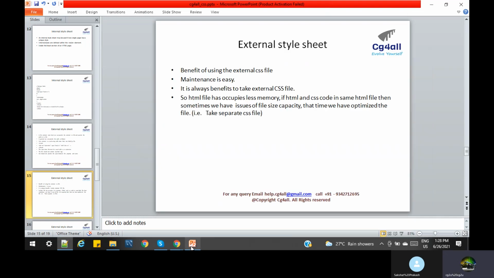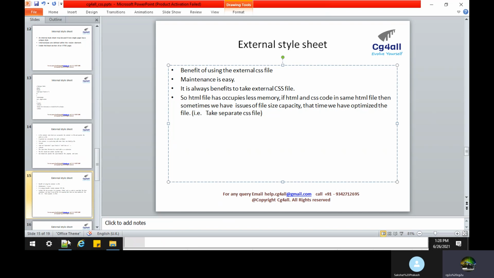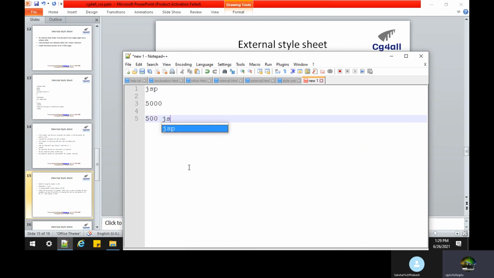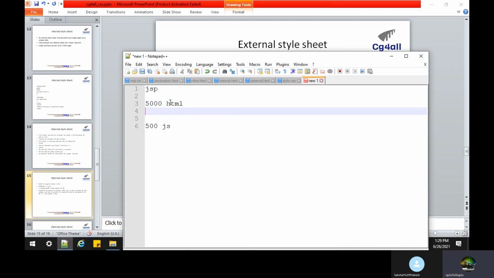Now, next point, external CSS. Sometimes what happens is that we have a JSP file, and in a very old legacy application there are 5000 or 6000 lines of code in the JSP. Inside the 5000 lines, 500 lines are JS code, this is HTML code, and 500 lines are Java code.